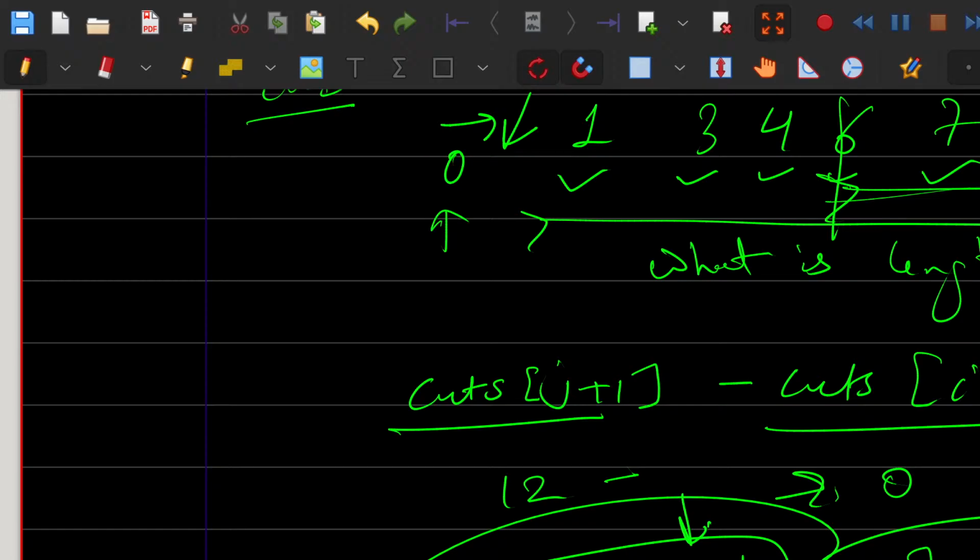So we have this int minimum cost, right, which is, let's say, int max, and we can cut from i to j anywhere, right? So for int k is equal to i, k is less than equal to j, alright, and k plus plus we can cut from anywhere, right? And what is the cost? Int cost is equal to cuts of k minus wait, yeah, cuts of i minus 1, so wait a minute, j plus 1 minus cuts of i minus 1, right, plus f of i, because I have to take the cost from here,